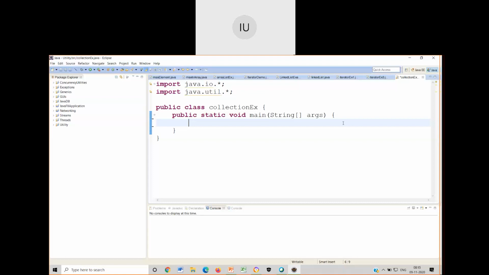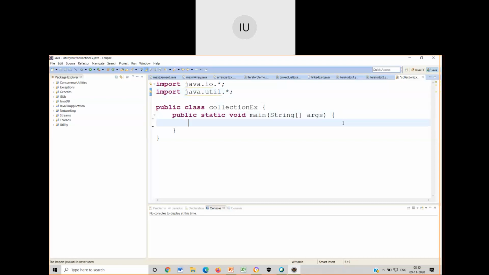Then I will move on to certain more examples which talk about how I iterate through the array list, how I can make this in ascending order, how I can make this in descending order. All those things we will see today. I've created a skeleton for this example. io.star is there by default. Util.star I'm using because util contains all the utility classes.